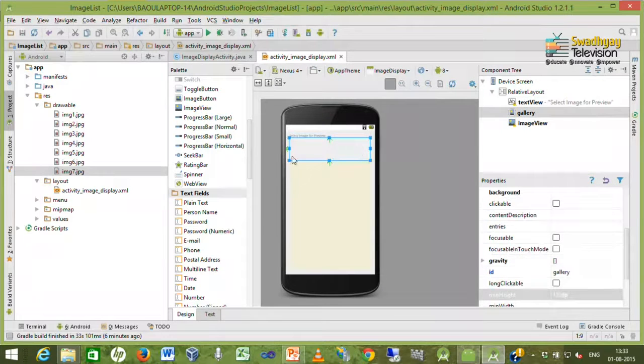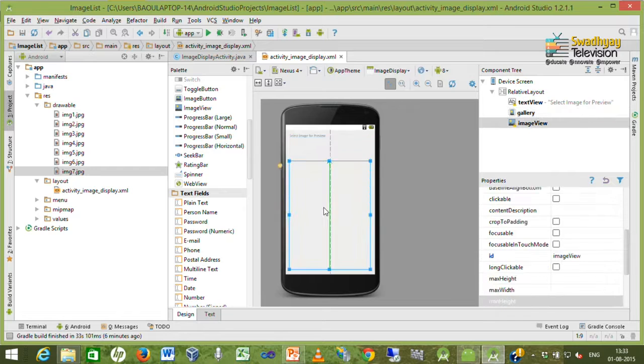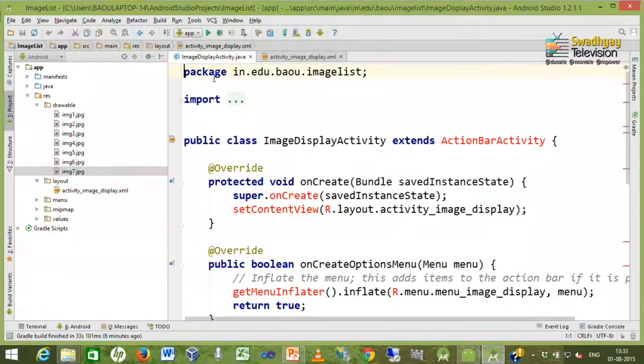We fill this gallery with the list of images we have copied inside the drawable folder, and whenever a particular item is selected, we will display it in the image view below. So, now our interface is ready. We save this file and go to the activity file.